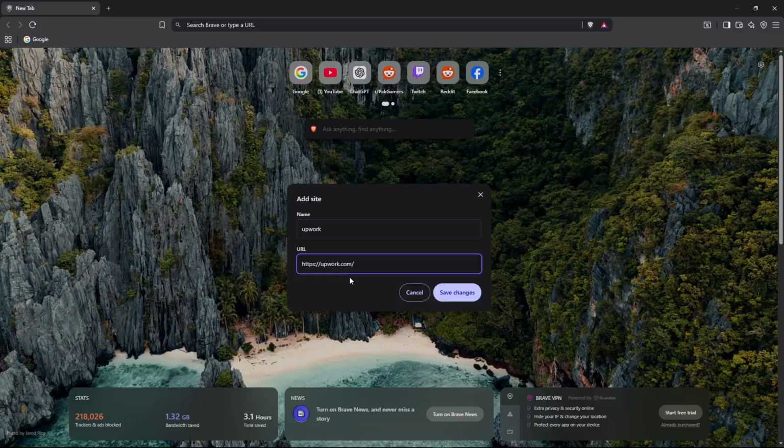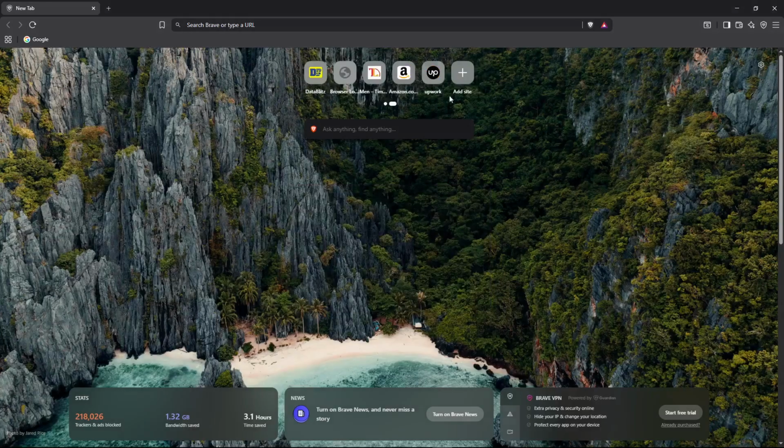Once you've entered both the name and the URL, click on Save Changes. This finalizes the process and adds your new shortcut icon to Brave browser. You should now see the shortcut appear on your new tab page or favorites bar, ready for quick access whenever you need it. And that's it. You've successfully added a custom shortcut icon to your Brave browser, making it easier to navigate to your favorite websites